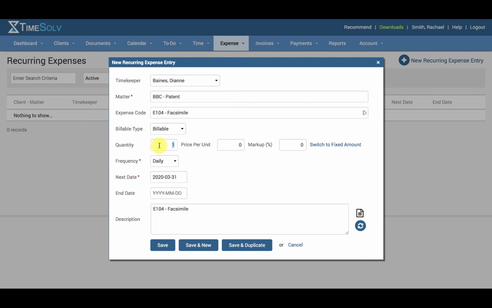And then specify the quantity, the price per unit, and the markup percentage, or switch to fixed amount and enter in a fixed amount. And then choose the frequency of the recurring expense. So is it to recur daily, weekly, monthly, annually, or do you want it to be stopped if this is you editing an already existing recurring expense entry? So I'm going to go ahead and do monthly,